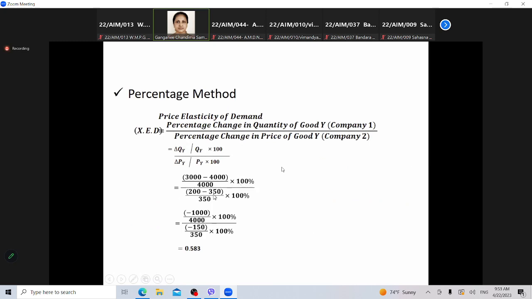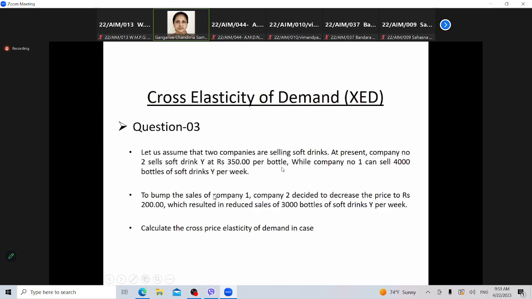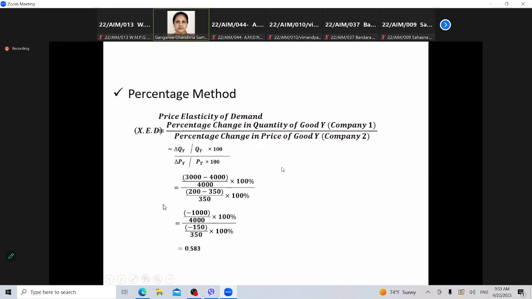And again, see company 2's situation with the data. Company 2 sells soft drink Y at this price, 350. But now company 2 decided to decrease the price to 200. Then from 350, it has reduced to 200. The change here, for company 2, is 200 minus 350. Every time, first we have to take the second